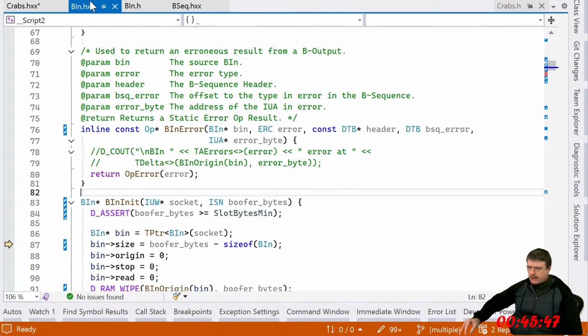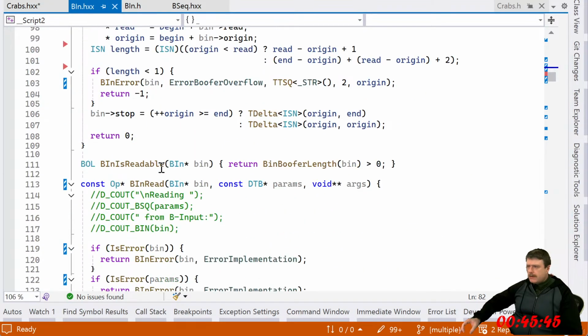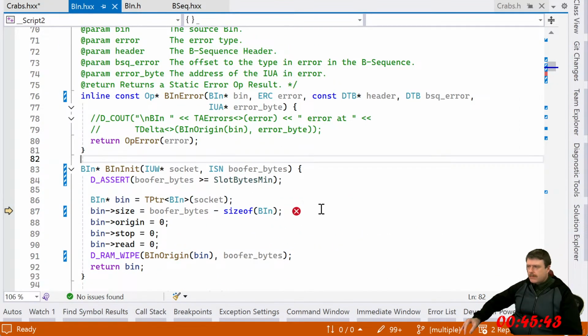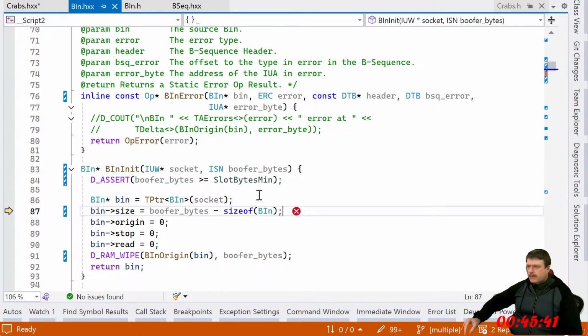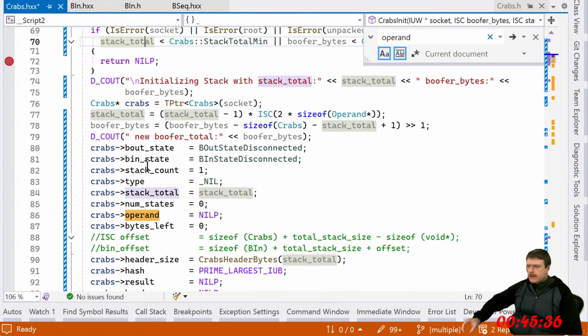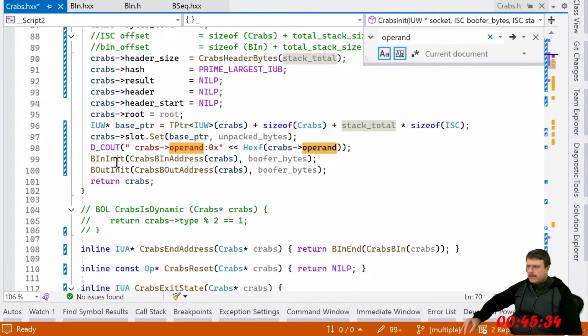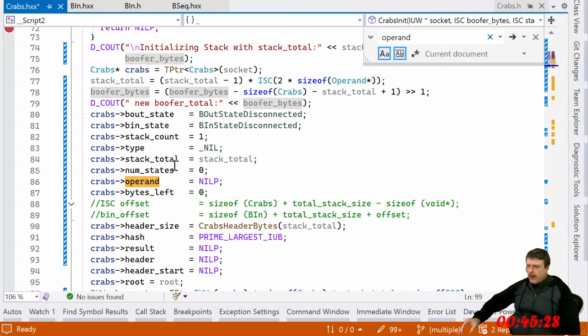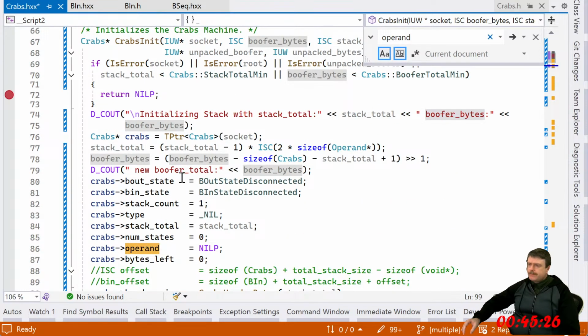Not there. It's in the... We're in the BN. So this is in the crabs and the... This thing. There's the buffer bytes.